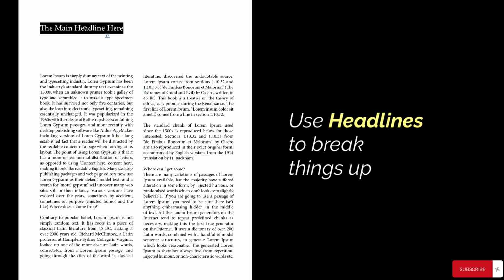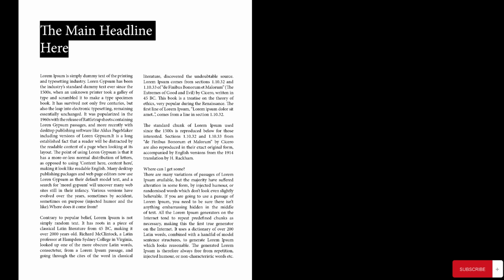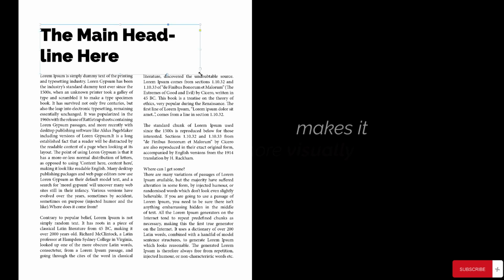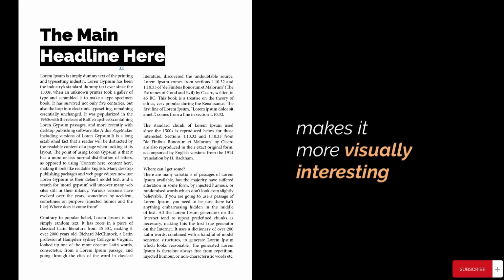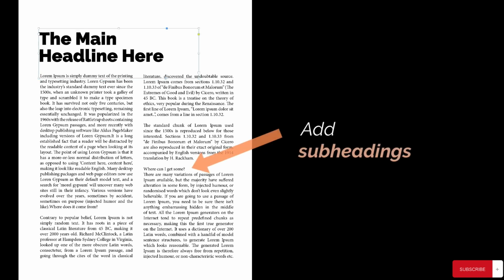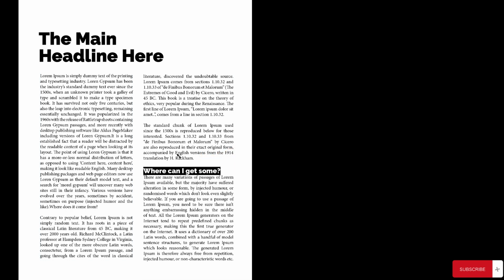Using headlines to break your big block of text up is a no-brainer. Balancing this block of text with larger text blocks not only adds the variety of element, but makes it visually interesting and more likely to be read. But more important is adding sublines or bylines to add additional divisions to the text blocks. This helps the brain break down the text box into much more manageable blocks of information, and therefore they're not